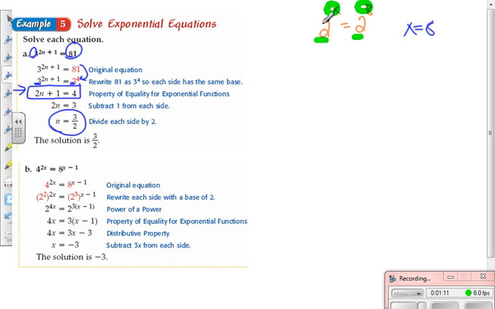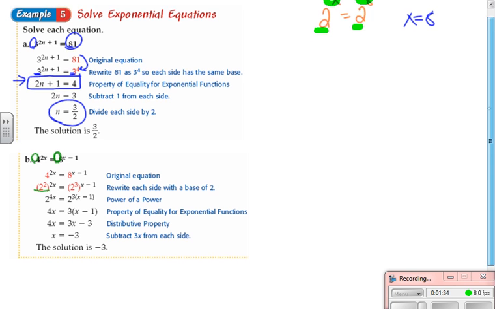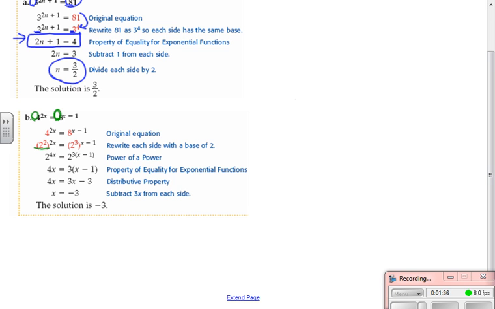Now, example B here, 4 and 8 don't easily break down to the same base, but I know I can rewrite 4 as a base of 2, 2 squared. Notice the parentheses, that's huge. And I can rewrite 8 as 2 cubed. Notice the parentheses. Now remember that rule, a power to a power means I multiply. So I'm going to multiply 2 times 2x, so I'm going to have 2 to the 4x power is equal